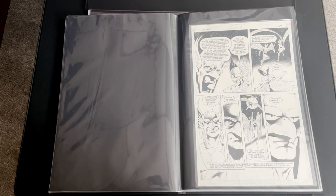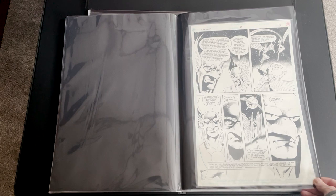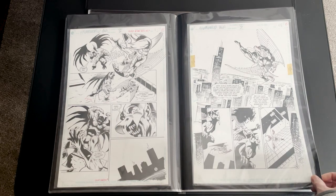This one, from a story perspective, is pretty special to me because Hawkman from the Golden Age actually decides that the modern age Hawkman is worthy of the name. The next half dozen pages are all from the final Hawkworld Annual, number 3 from 1992 by Luke McDonnell and